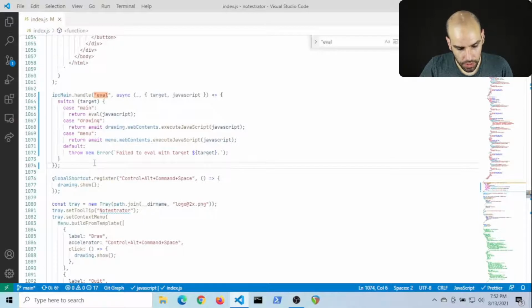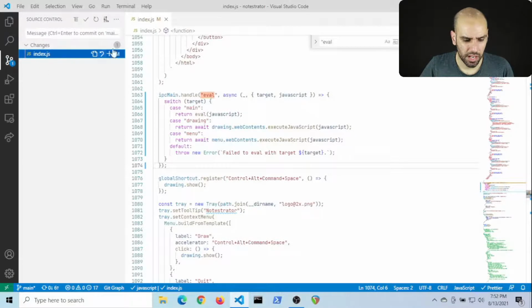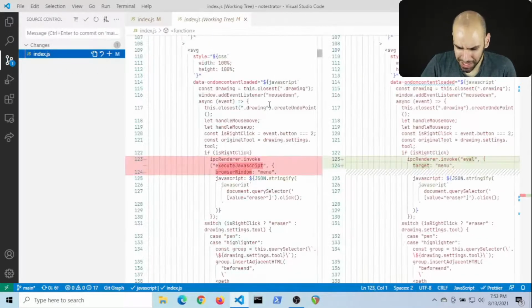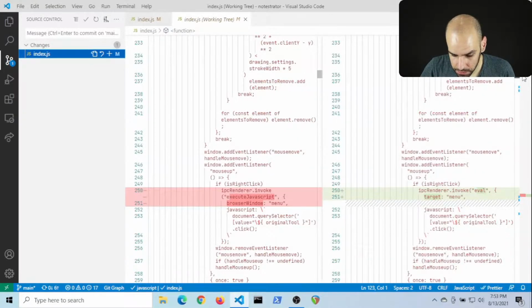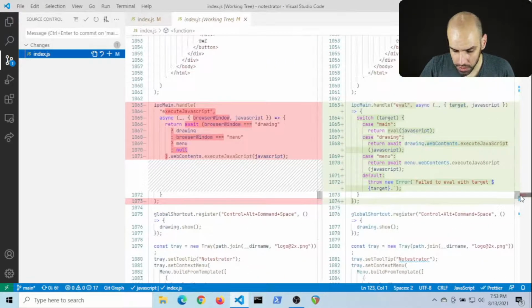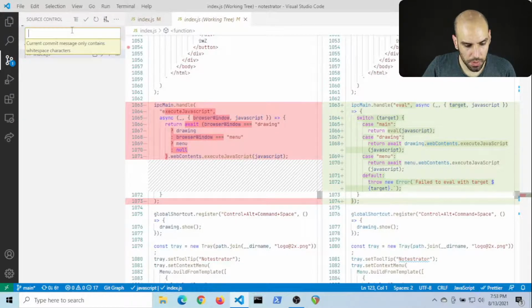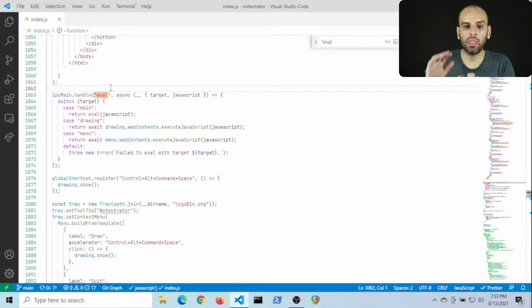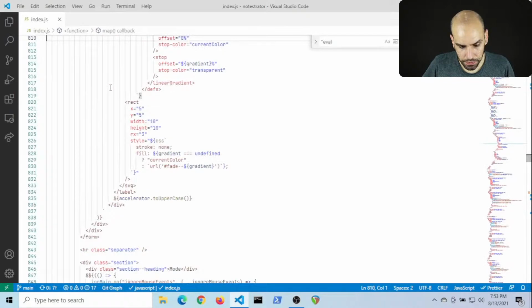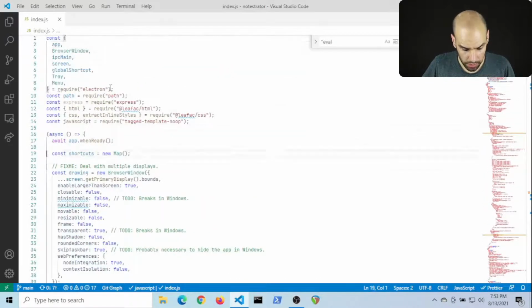Okay, so eval is supposed to be working, but it's really hard to test. I cannot even click on stuff on my app on Windows, which is ridiculous. I don't know why it's that way. Oh, you know what could be fun? Maybe for testing, so I'm going to commit what I have here. But what could be fun for testing is I could try to not do the crazy thing of the window being transparent and on top of your computer screen. I could just have a good old browser window, a very simple one. And then I think it will work even on Windows.